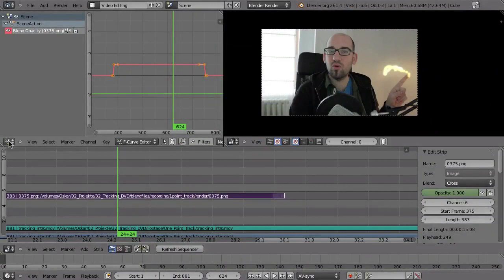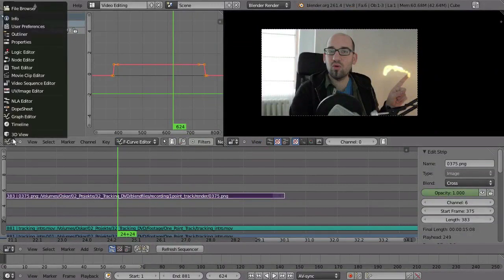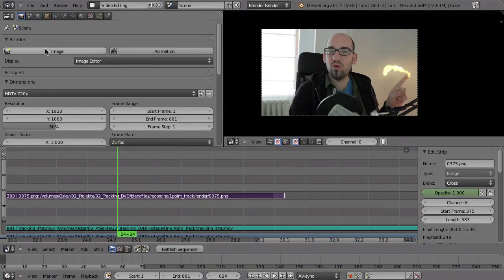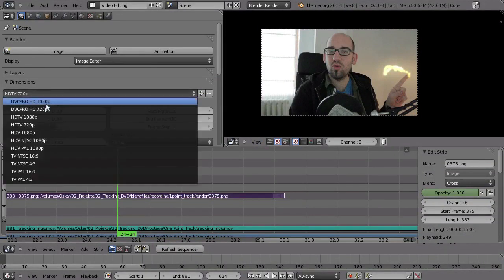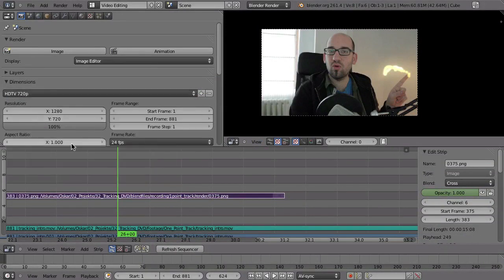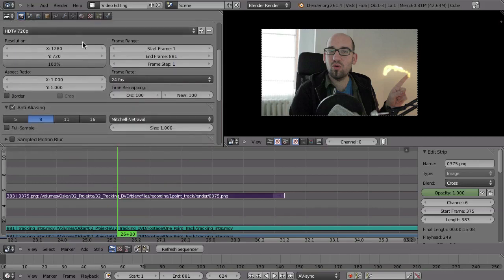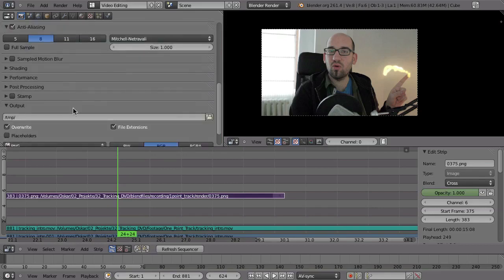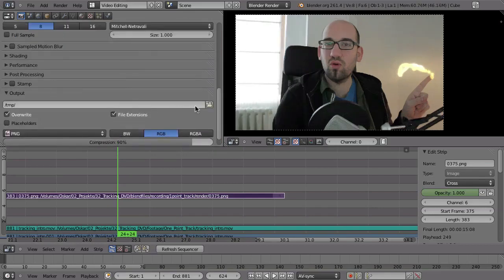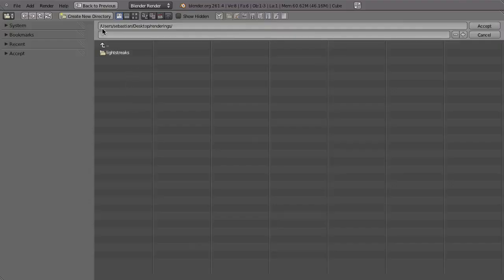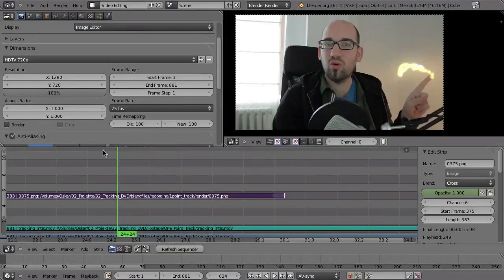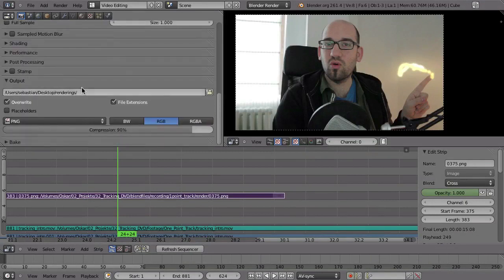So I just go here and switch that from the F-curve editor to the properties and set it again to 720p, like so. Don't forget to set the frame rate back to 25, because this preset has obviously set it back to 24. So make sure that it is really at 25. All right. And then here in the output, choose a folder, maybe any folder on the desktop. So accept, it will be rendered to this path.